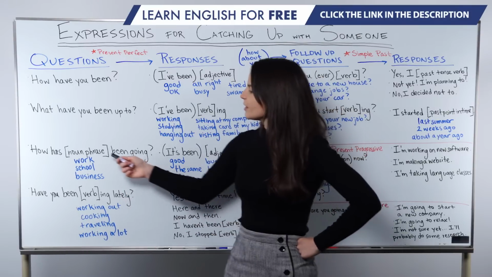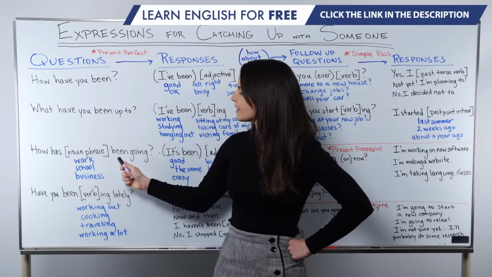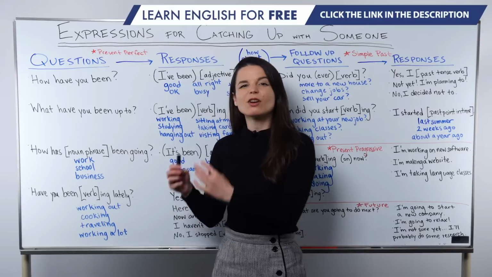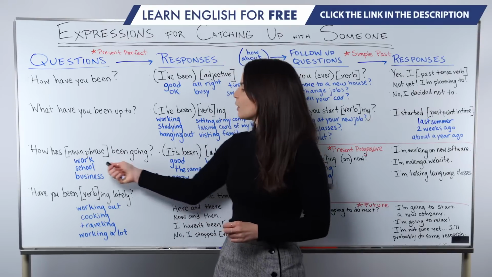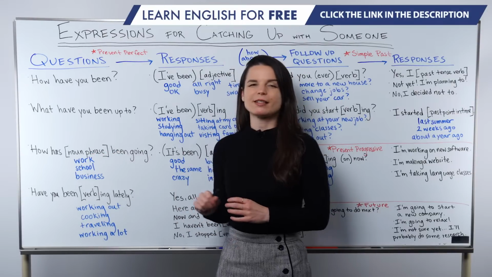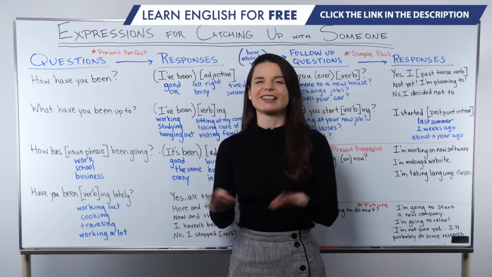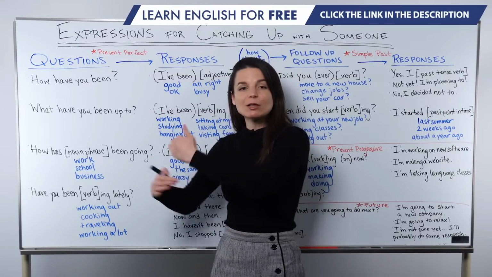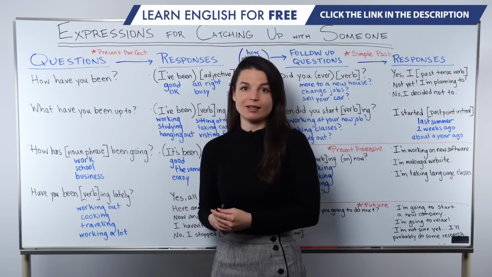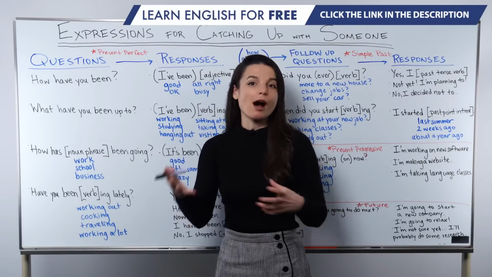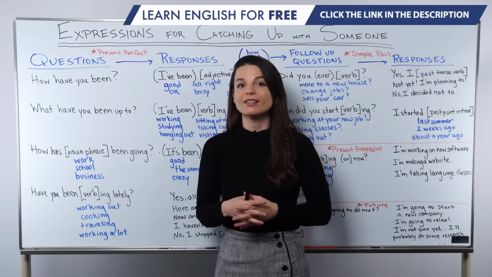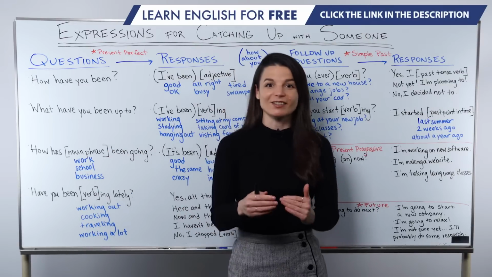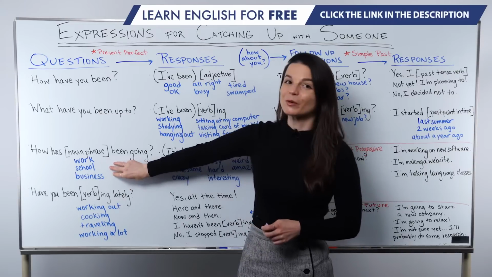And you'll notice with these two, how has work, how has school, how has business been going? These are all kind of ongoing things, and they're also activities, right? So we don't use a person here. Like we don't say, how has your wife been going or something like that. We don't use that. We use activities, kinds of activities and things that we do on a daily basis here. So maybe there's like a sport or a hobby or something like that the other person does. You could use that here. Like, how has your photography class been going? And so on. These three are probably the most common.